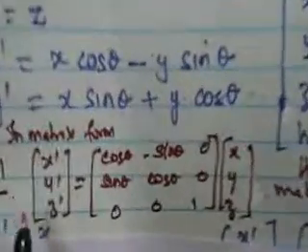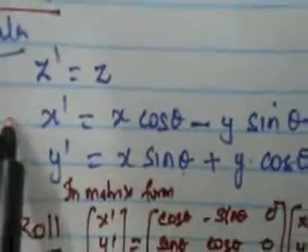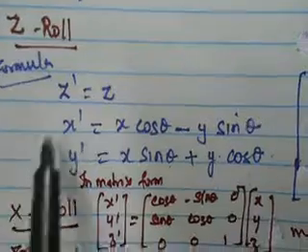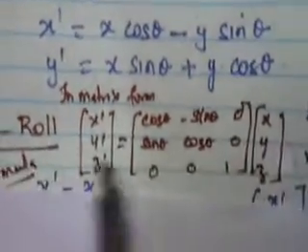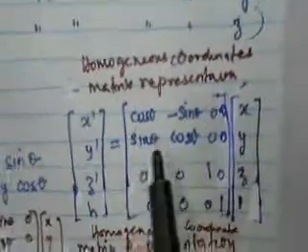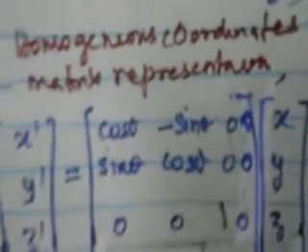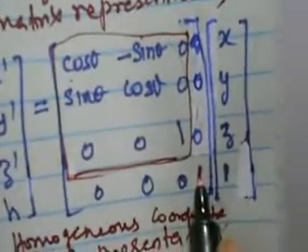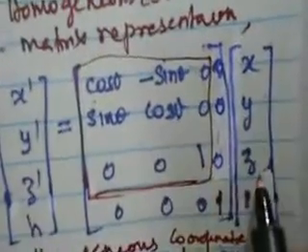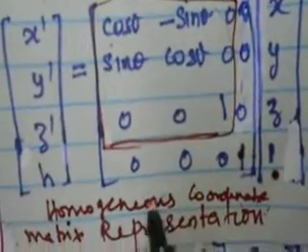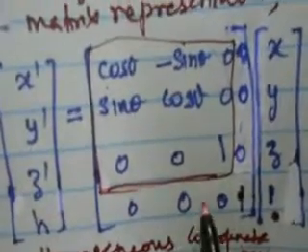See here, we have used as it is the two-dimensional plane, whatever we have done. Along with that we have added one more axis, that is the z axis. So we have to represent the same in the homogeneous coordinate representation. See here, this is the three-dimensional matrix. We bring the three-dimensional matrix as it is, and along with that we have added one more dimension. Here is the old coordinate, along with the homogeneous coordinate value. This is the homogeneous coordinate matrix representation for 3D rotation with respect to the z axis.